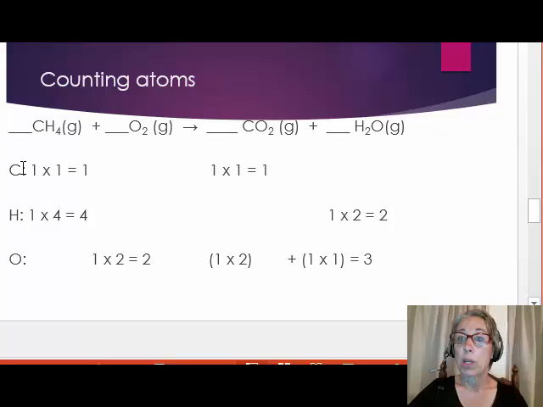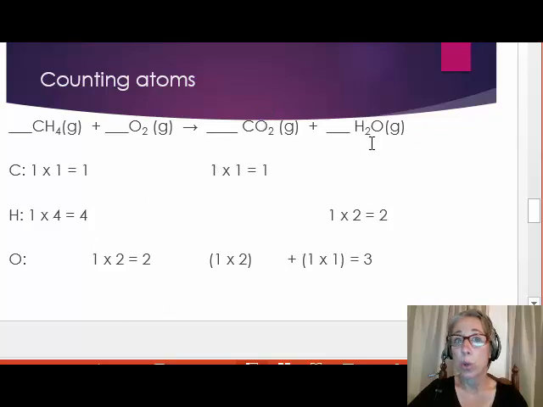Let's look at carbon. On the left of the arrow there is 1 times 1 or 1 carbon, and on the right of the arrow there's 1 times 1 or 1 carbon atom. Carbon is balanced. Next, let's consider hydrogen. On the left, 1 times 4 is 4, and on the right, 1 times 2 is 2. Hydrogen is not balanced. For oxygen on the left, 1 times 2 is 2,